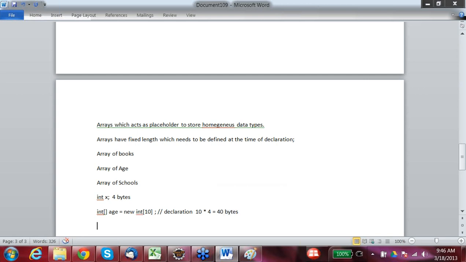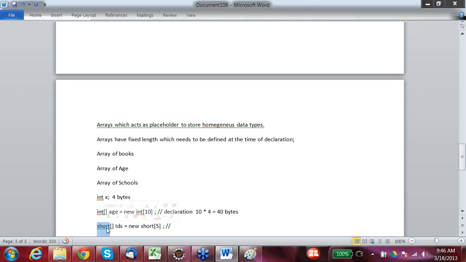Okay. So the array is holding similar data types and it is going to preserve 40 bytes. Now let's say I want to create an array of short, right? I want to store some kind of ID. So I would say I want to store 5 IDs. Short IDs is equal to new short, and I say 5. Okay. So how much memory is going to be reserved for this?